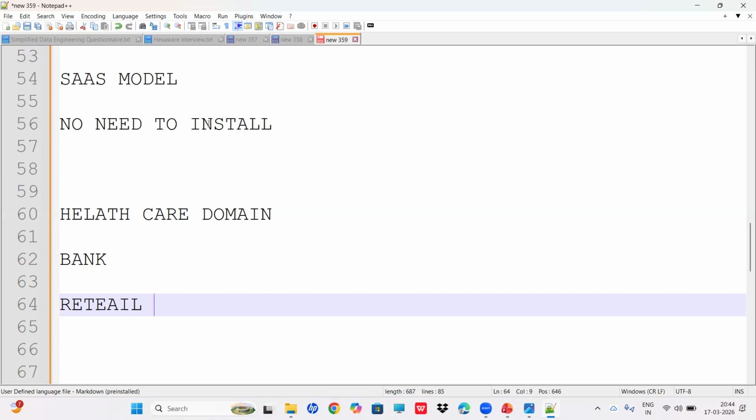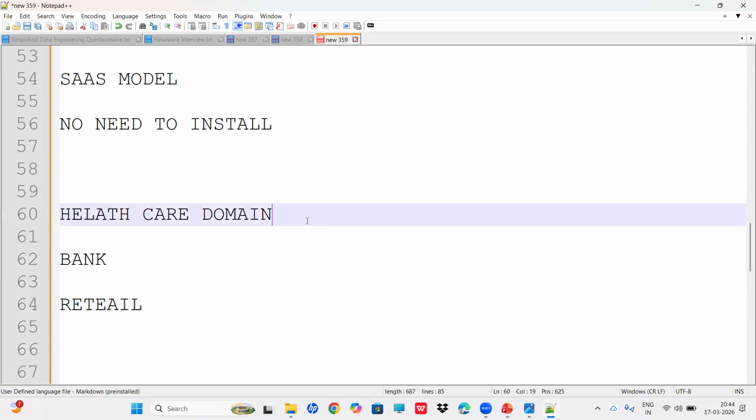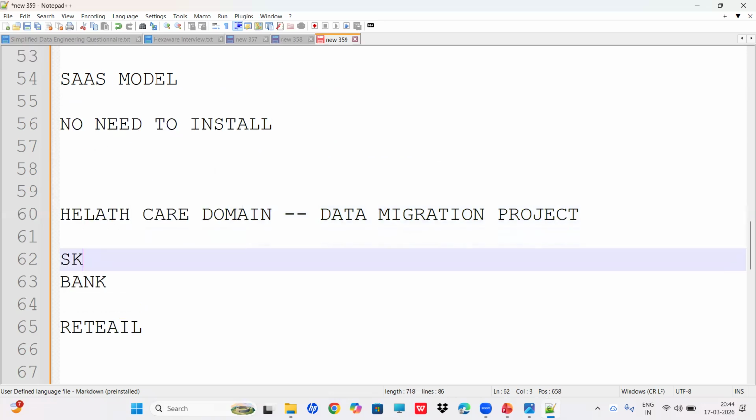So everyone, having one project on these domains like healthcare, bank, retail. In our training, we are going with the healthcare domain. It's completely a data migration project. Here we're going to cover everything like Snowflake concepts, and Snowflake and